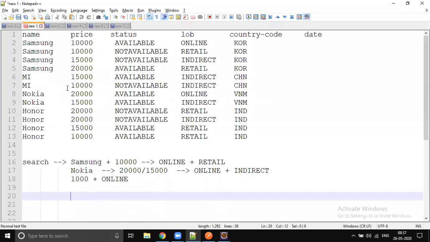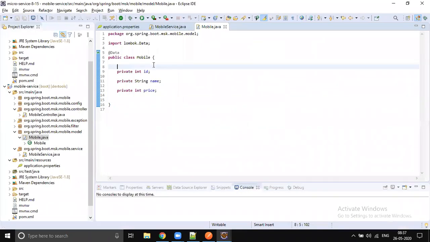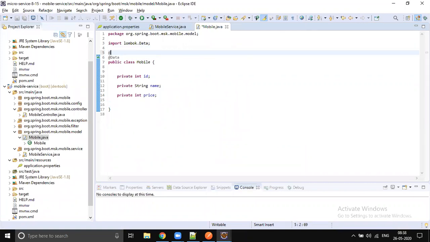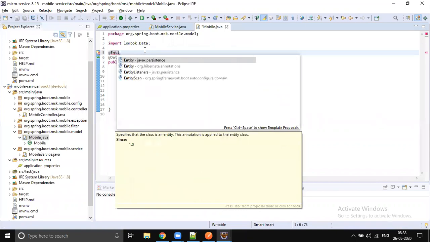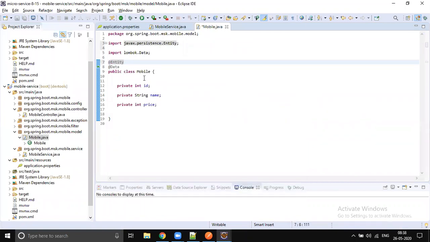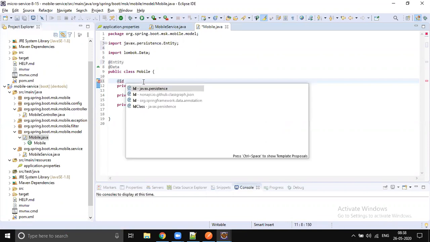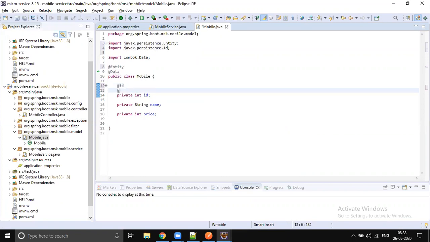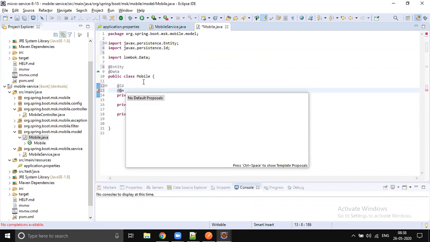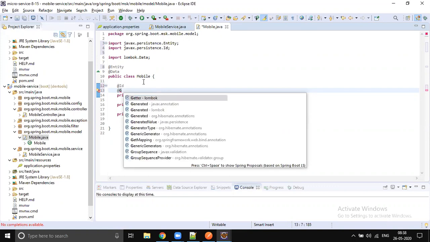Yesterday's discussion. So our model should have these many properties, right? One is the ID, which is auto-generated. First, let's convert this into an entity class. Let's mark it as @Entity, and we already discussed @Id is mandatory, and let it get generated automatically, right? So it generated